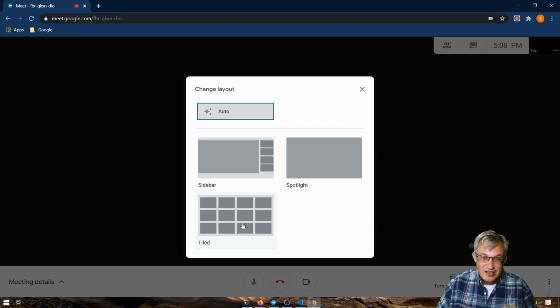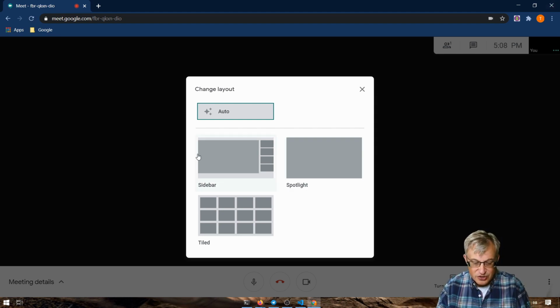I recommend using tiled mode the least amount as possible. I usually use Spotlight mode just because then I can focus in on one person, whoever's talking. When you're watching a presentation, you get more space for their presentation, so it just makes things a lot easier to handle. So, in conclusion,